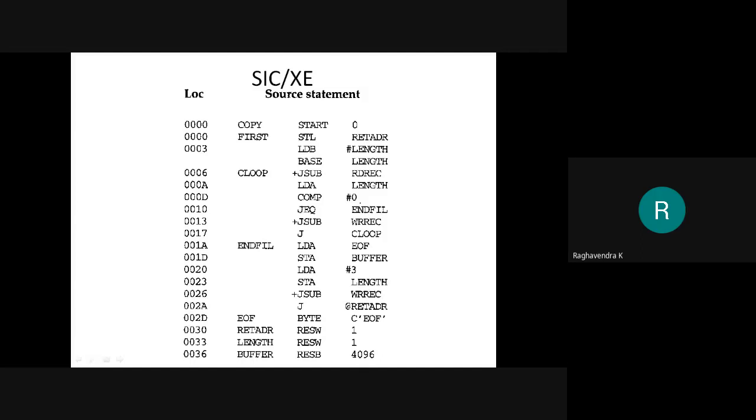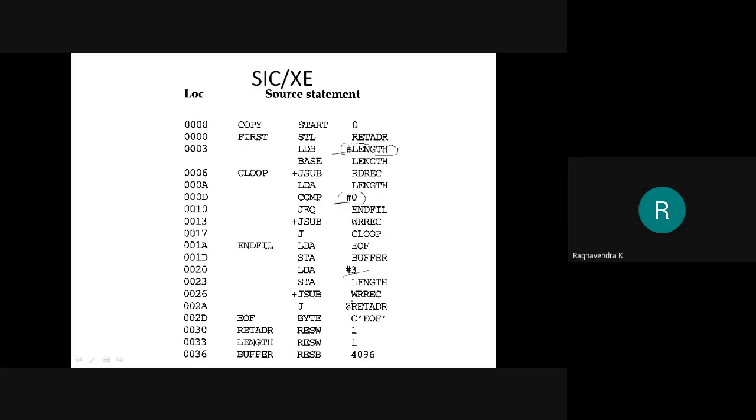By looking at the instruction itself, sometimes you can tell which type of instruction it is, or which type of addressing mode it is using. Like for example, here it's a format 3 instruction that's using immediate addressing mode. It's a format 3 instruction that's using immediate addressing mode. This one as well, format 3 using immediate addressing mode. Okay, but do remember that there is a difference between this immediate addressing mode and this immediate addressing mode. Okay, I'll come back to that.